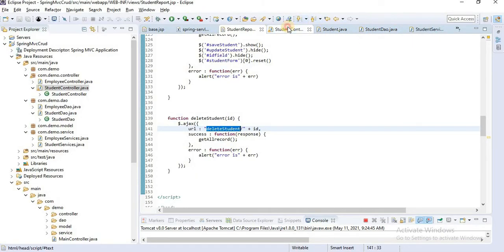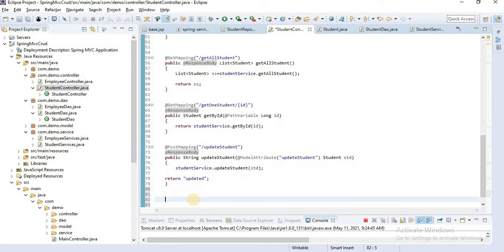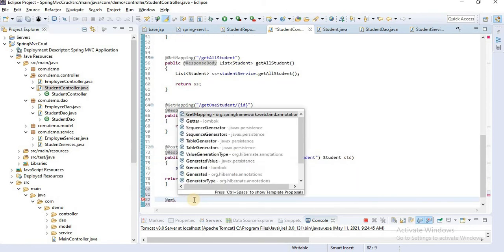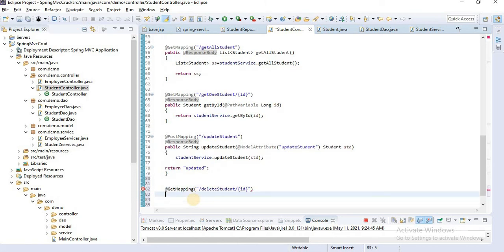Let's go to the student controller. Here create @GetMapping, and pass delete student, and also pass the ID. Here create a public function, String deleteStudent.